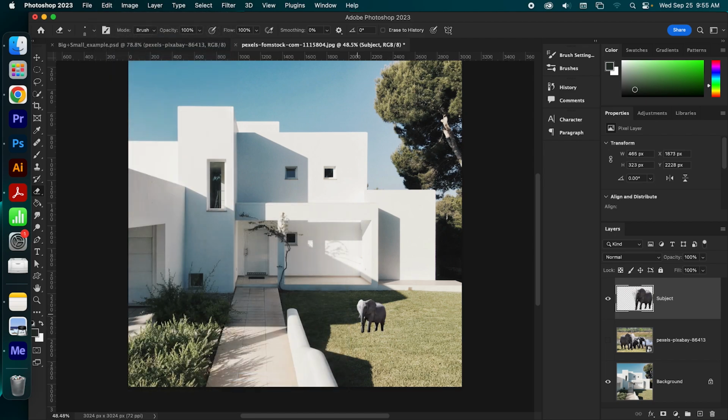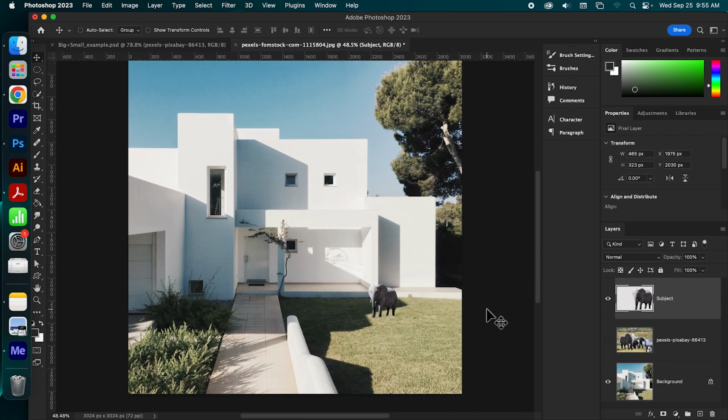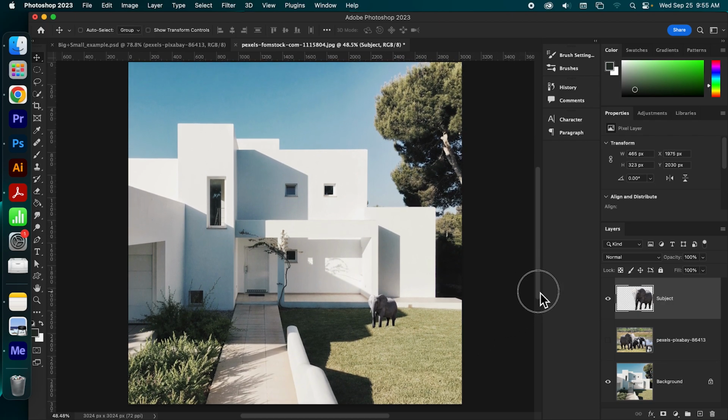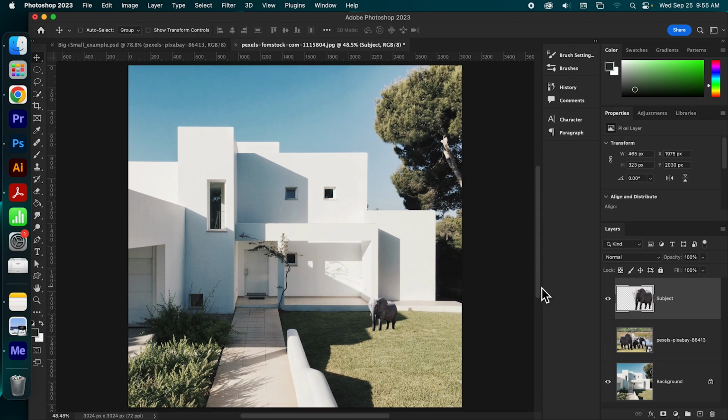And that is going to let my elephant match the light source much more accurately. Maybe I'll move him around so that he fits a little better. All right, and that is the big and small photo edit.